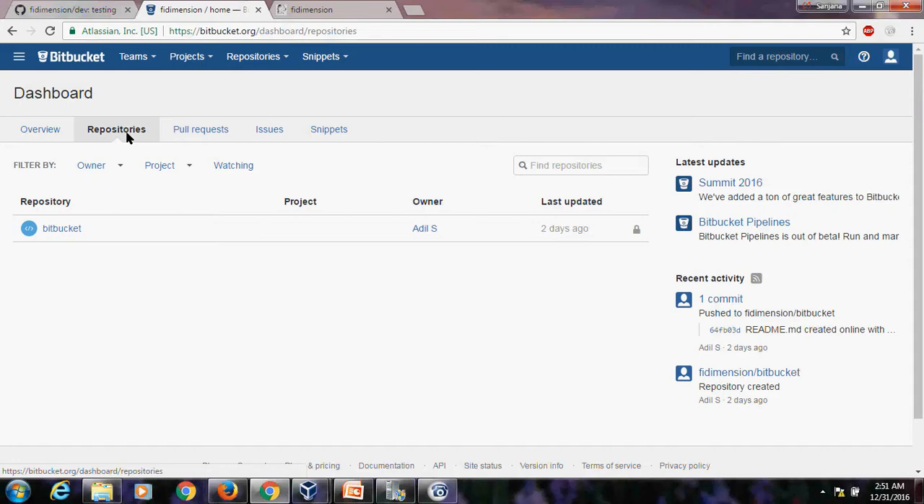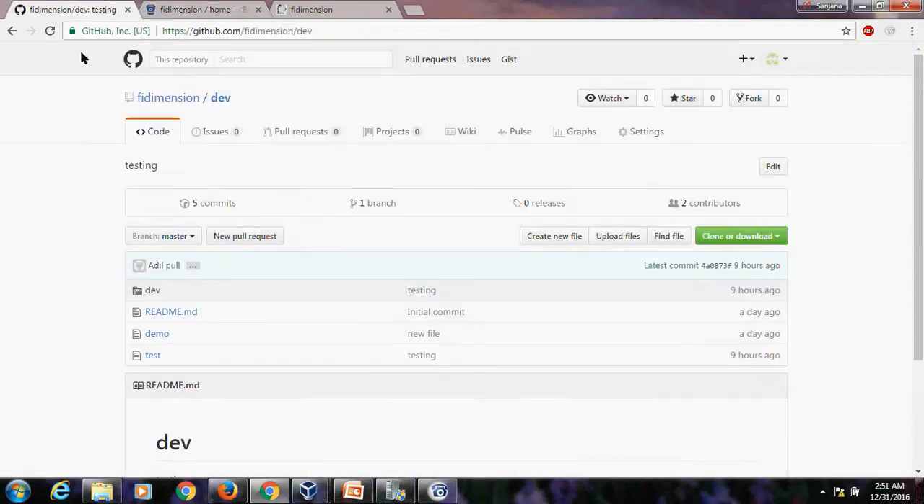Same, it has repository, pull requests, issues, snippets, overview. Same over here: issues, pull requests, project, wiki, graph. So there are some changes depending upon their companies. And another thing is this one is for,